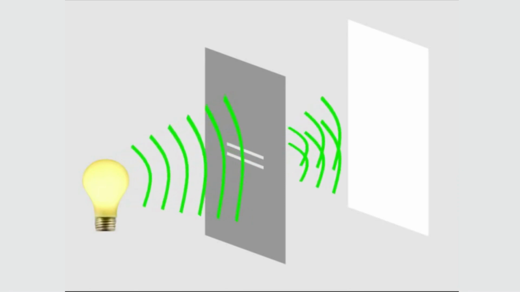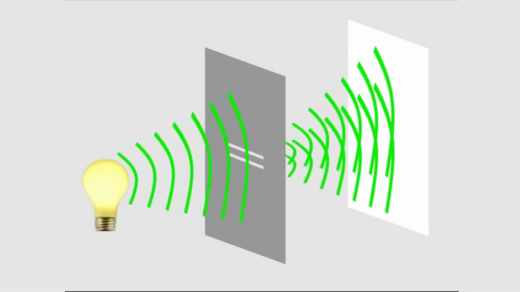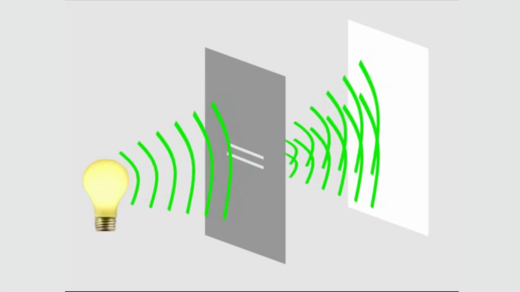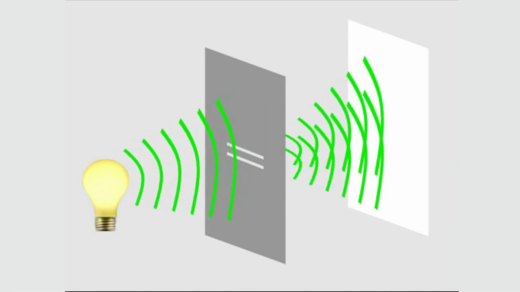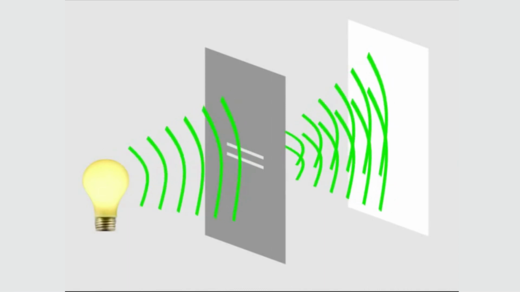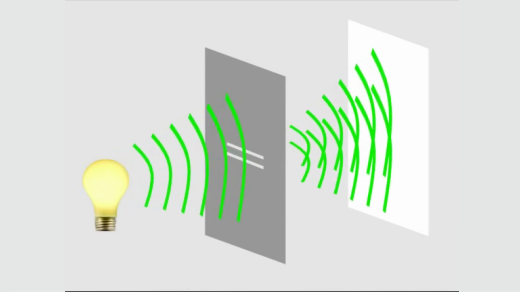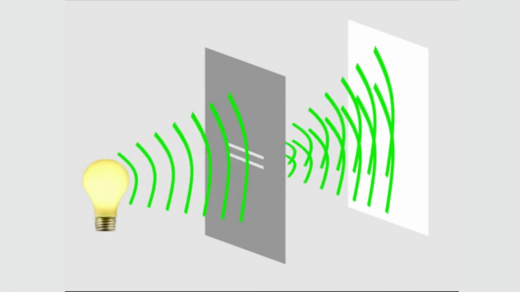On the other hand, if light's a wave instead of a particle, we'll see something much different. Imagine that the waves act like water waves. In that case, they'd hit the card and be able to get through only where the slits are. So on the other side of the card, you'd end up with two waves, one coming from each of the two slits. Now pretty soon, those two waves would meet each other on the other side.